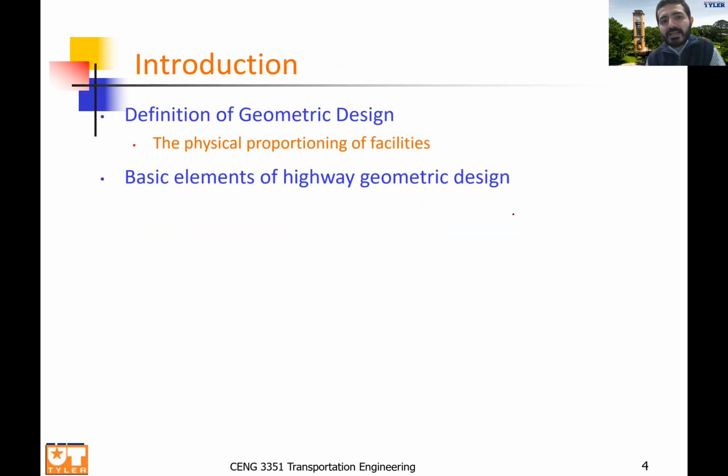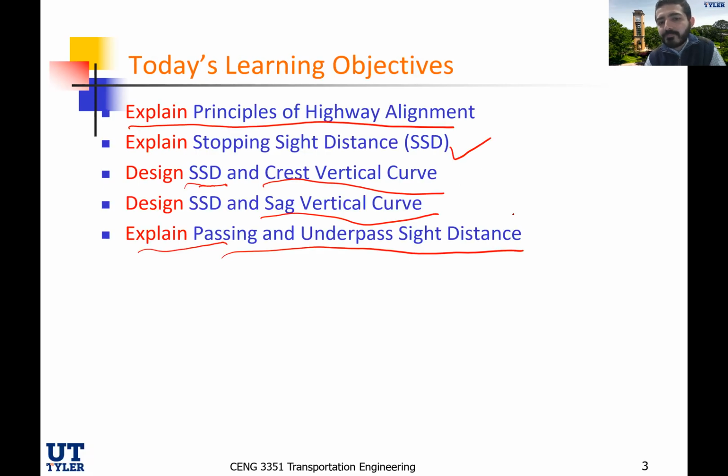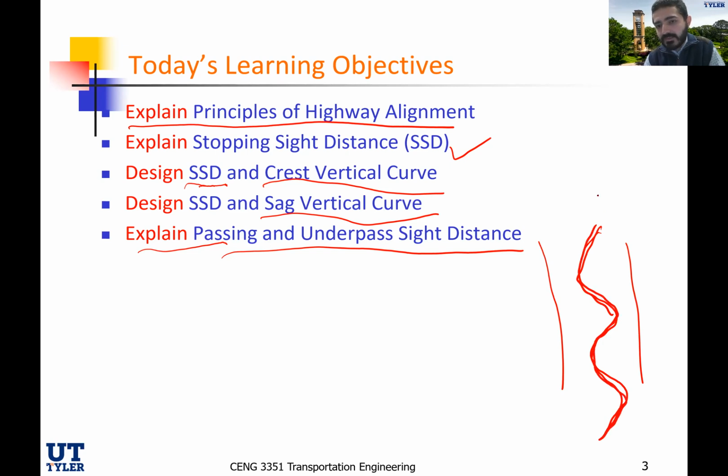And when I say vertical alignment, it's different than horizontal alignment. Horizontal alignment is if you are looking at the roadway from an airplane and the roadway looks like this, where this is the horizontal alignment. Basically, the roadway is not straight. There are some curvatures in that road. But if you're looking at the cross section alongside the roadway and how it's going up and down,